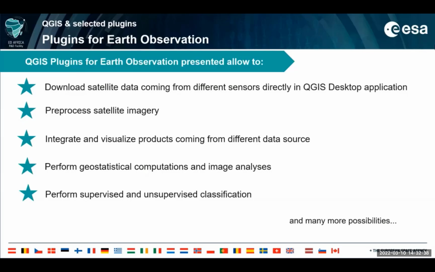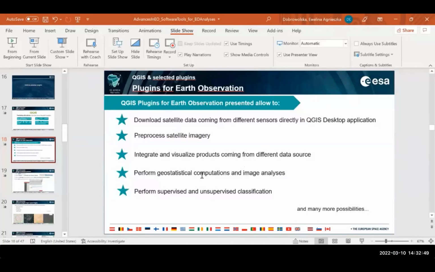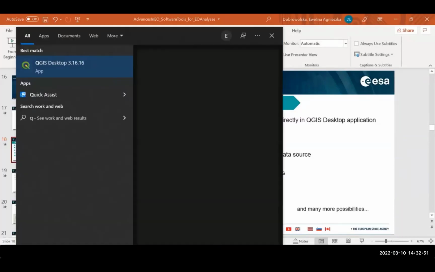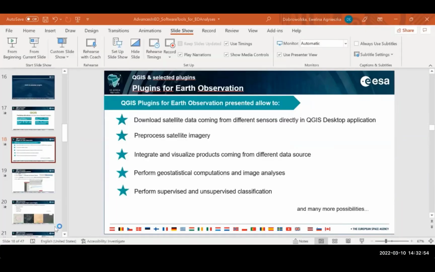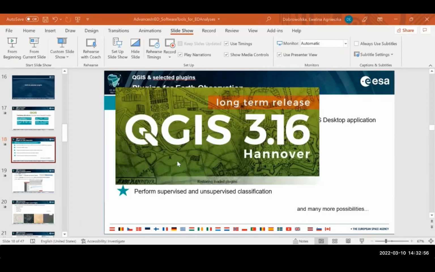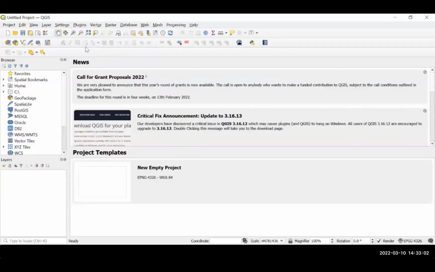Now, you may ask me the question how to install such a plugin in the QGIS application. So I will briefly demonstrate this process. I will close for now the presentation and will navigate into the QGIS application I have installed. The process doesn't change even if you have a different version of QGIS software. Now, to install any plugin, you just need to navigate in the main menu bar to Plugins, Manage and Install Plugins,